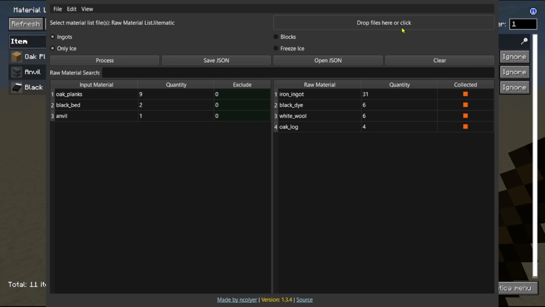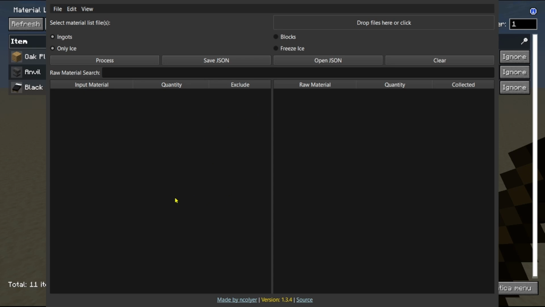Now let's open up a caveat. If you open up multiple schematics, I've found that it kind of keeps previous data in it for whatever reason. I don't know what's going on in the back end there. But it's not updated beyond 1.21.5, where the name change of iron chains was done. So if I open up one of my schematics that have iron chains in it, let's see, this one here,